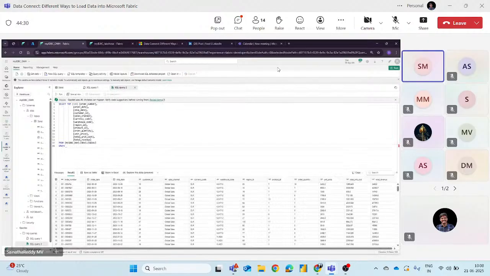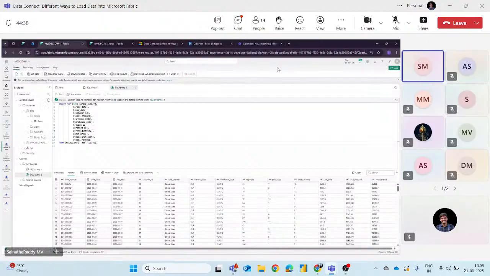Now we have loaded into the warehouse, right? If you have different types of data sources in a company, like an Oracle database, Amazon Web Services, Amazon S3 buckets, or Google Cloud, you don't bring all those into one place.